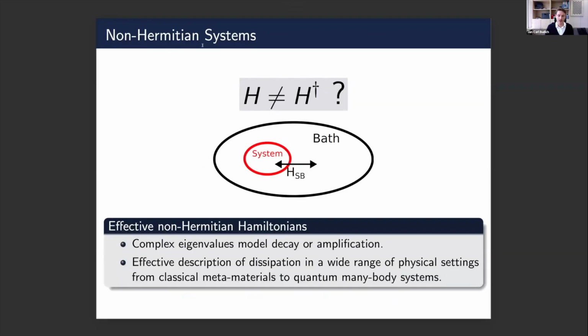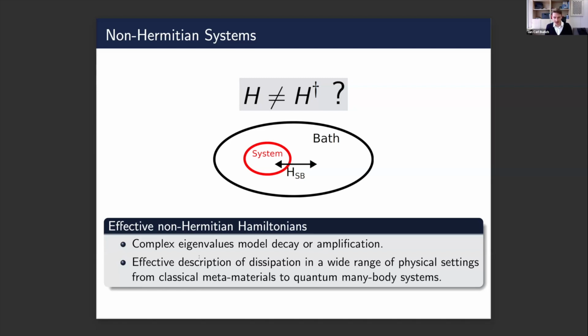So why are we considering non-Hermitian systems? Very generally, the motivation is that this makes sense when we consider a system that is part of a bigger system, coupled to a bath, for example, traditionally. And then these non-Hermitian Hamiltonians, which make energy complex in general and time evolution non-unitary, are just an effective means to model dissipation, and the complex eigenvalue specifically then models decay, or if we have an optically active system, maybe also amplification if there are positive real parts.